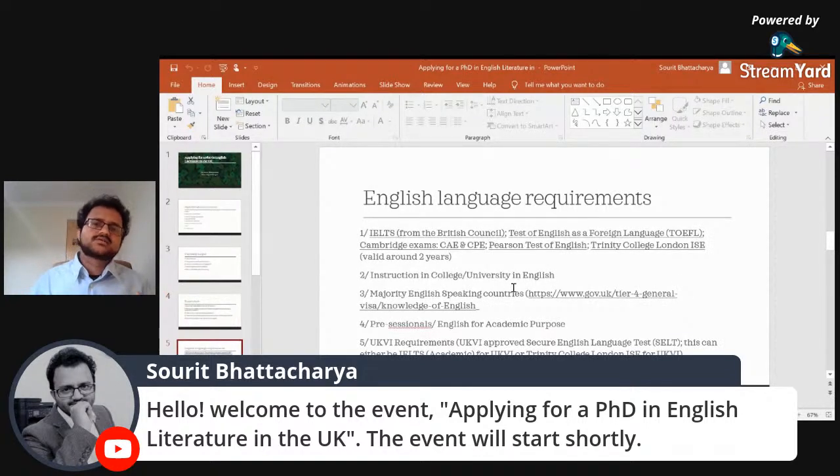Then this is the third very important point. Once you are done with the topic and you've got a prospective supervisor's interest and you want to follow it up with an application, this will be absolutely important: English language requirements, which of course gives you a level playing field from where you are, but